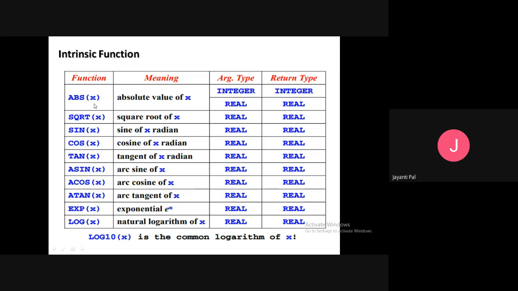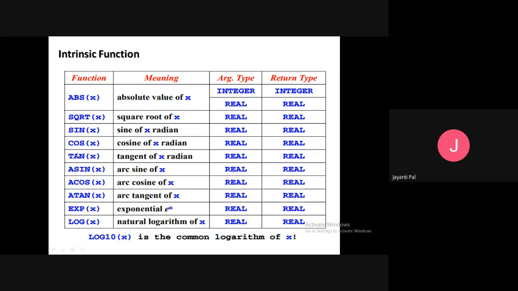That is the absolute value. Another is square root. If you want the square root of 4 and you write sqrt(4), it will give you 2. This is one kind of arithmetical operator.